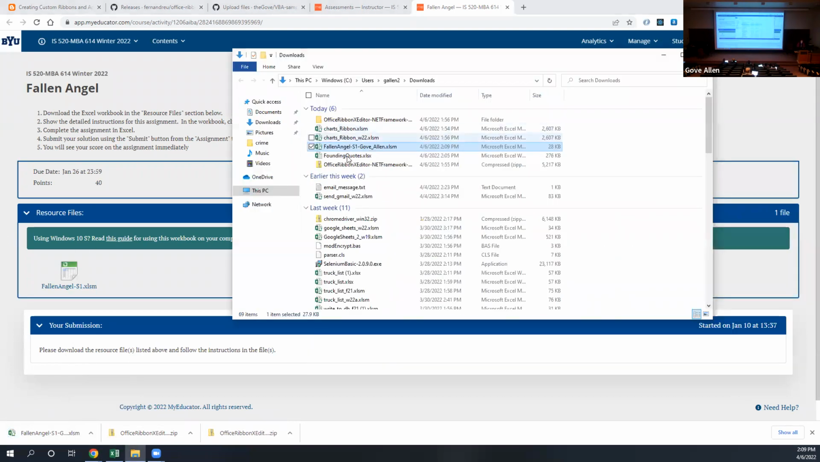So here I have a workbook that already has a ribbon modification built into it. You may remember this one. It's got something for getting the ticker and clearing the data and so forth. Okay, the first thing to understand